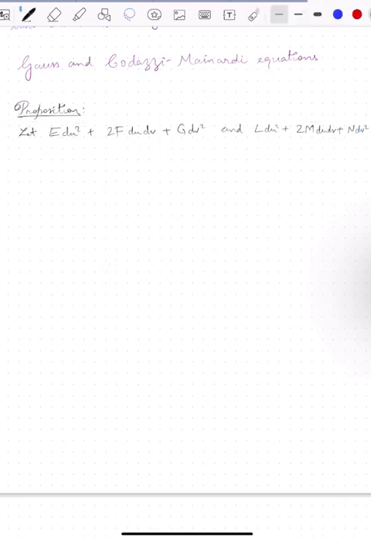Let E du squared plus 2F du dv plus G dv squared and L du squared plus 2M du dv plus N dv squared be the first and second fundamental forms